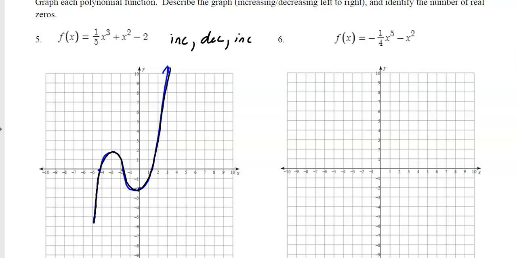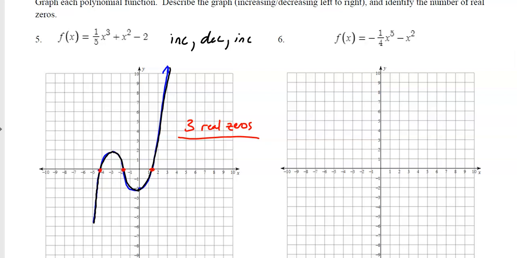So that's describing it as increasing or decreasing. Identify the number of real zeros. Well, the real zeros are where you cross the x-axis. So this one had 3 real zeros. Boom. Excuse me. Number 6 was a little bit tough to see when I graphed, so I actually had to